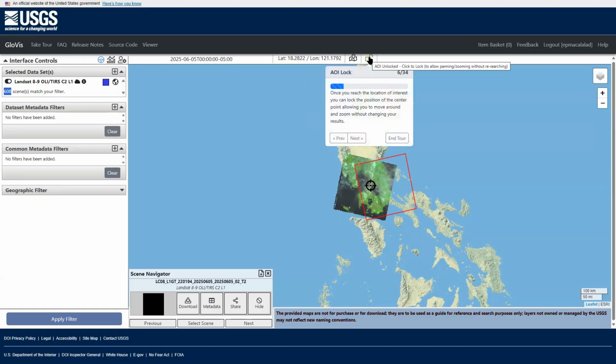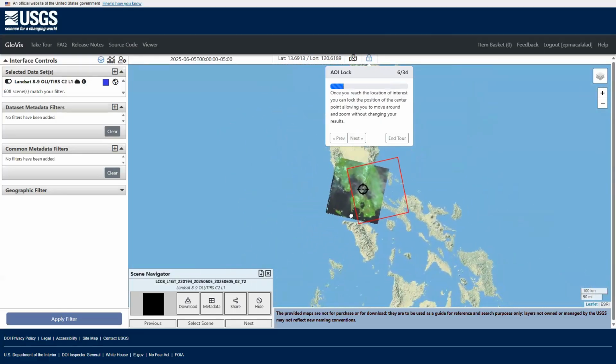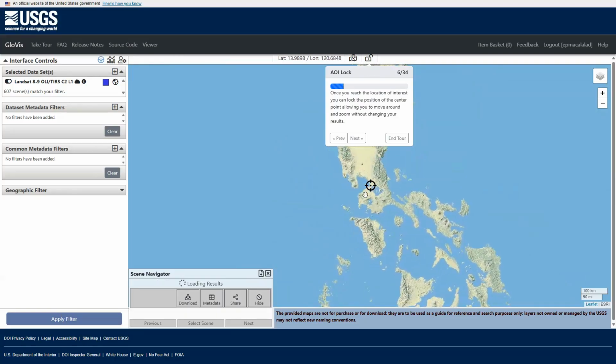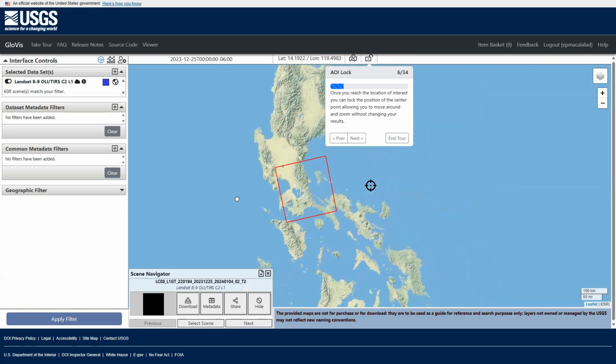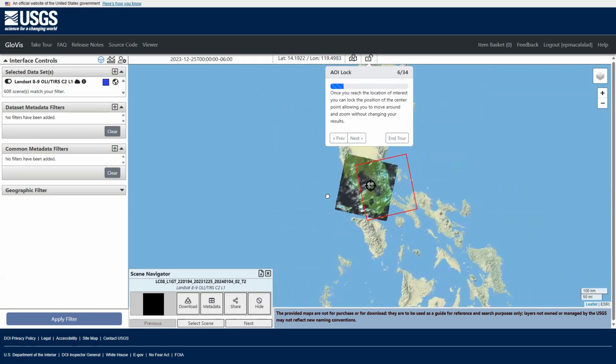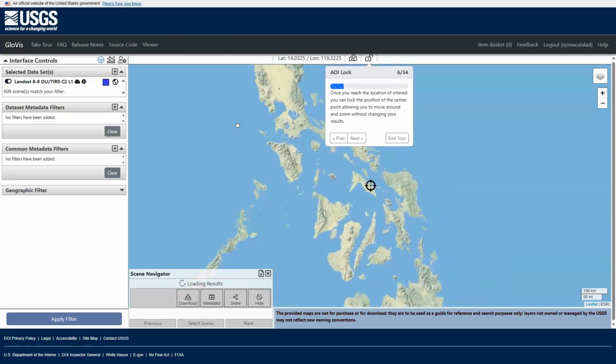You can also lock the position at the center. If you lock, you can move around. But if you unlock, the target will be at the center, but the map will move.